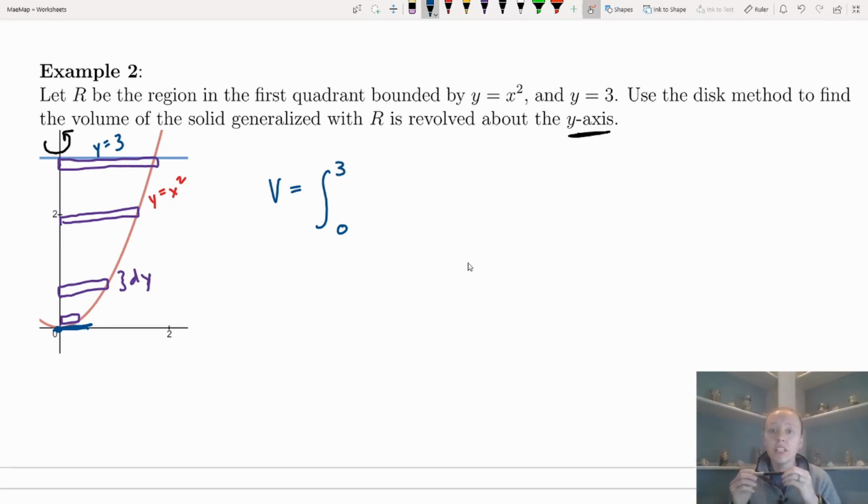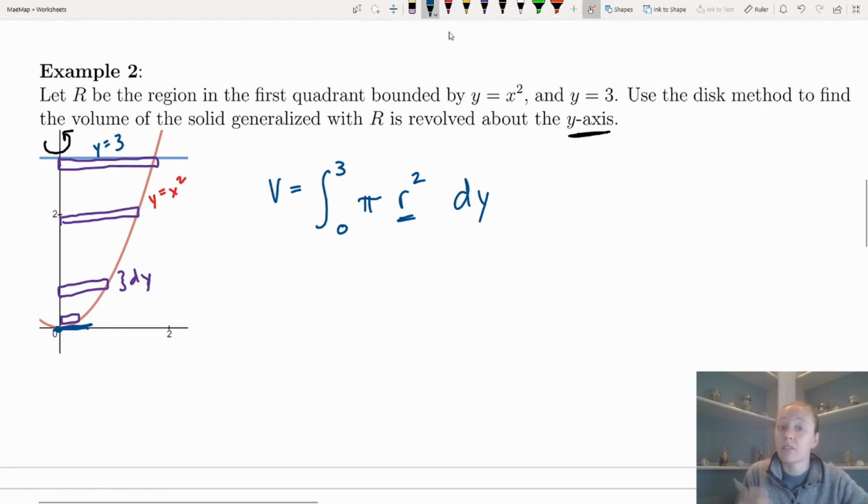Now if we're revolving this around the y-axis, we still are going to have the same kind of area for the disks. Our area of a disk is based off the area of a circle, pi r squared. So we're going to have pi. We just need to figure out what r squared is, but remember, we're integrating with respect to y. So our radius in this case